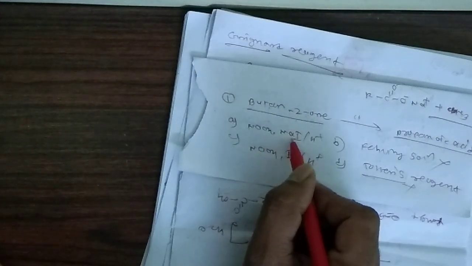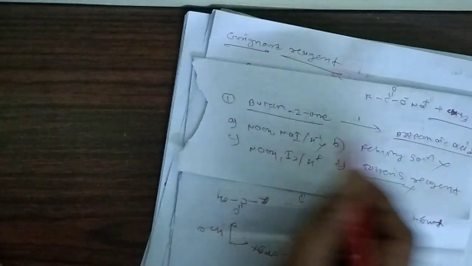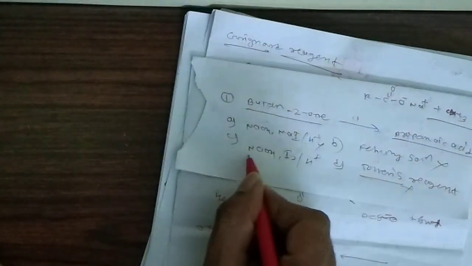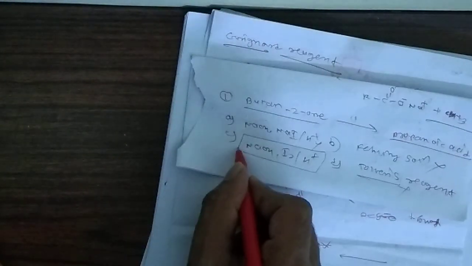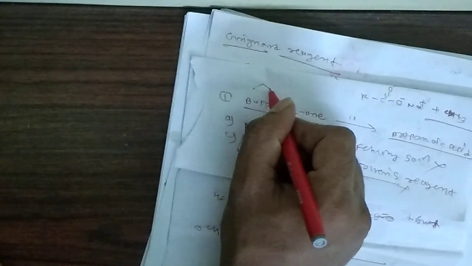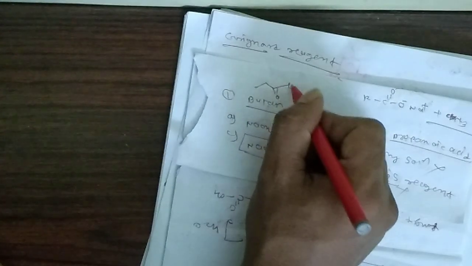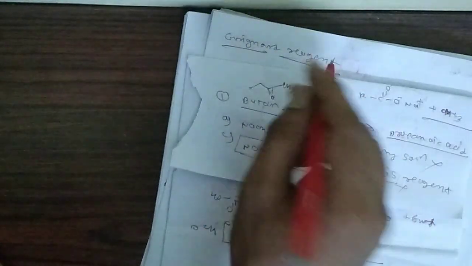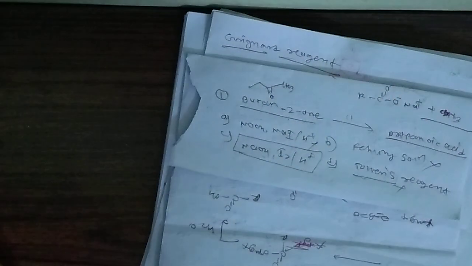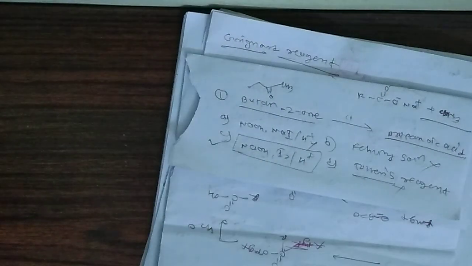Now NaOH, NaI will also not react with ketone. It will react, but it will not give propanoic acid. So now this is the reagent of the haloform reaction. So butan-2-one: methane, ethane, propane, butane. It has a CH3 group here, so it will react with this and make propanoic acid. So the correct option is C of that question.